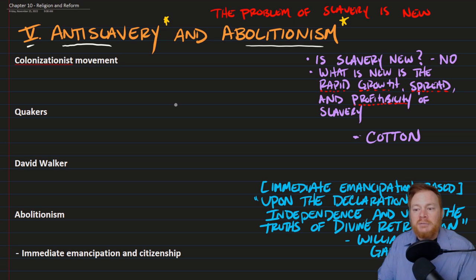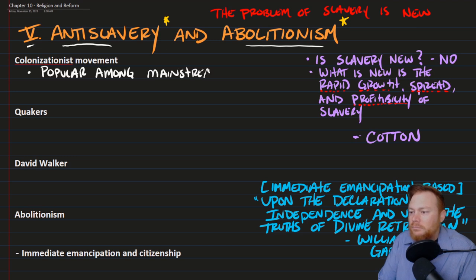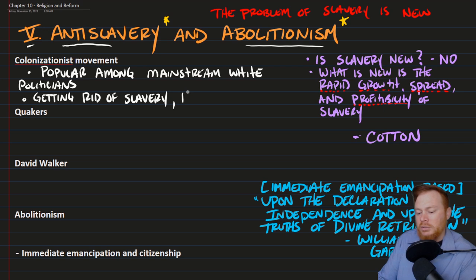One of the most popular anti-slavery organizations was the colonizationist movement. We might say that the colonization movement was popular among more mainstream white politicians. And what the colonization movement suggested was getting rid of slavery, but the follow-up procedure is then to colonize African Americans, those freed but also free blacks,